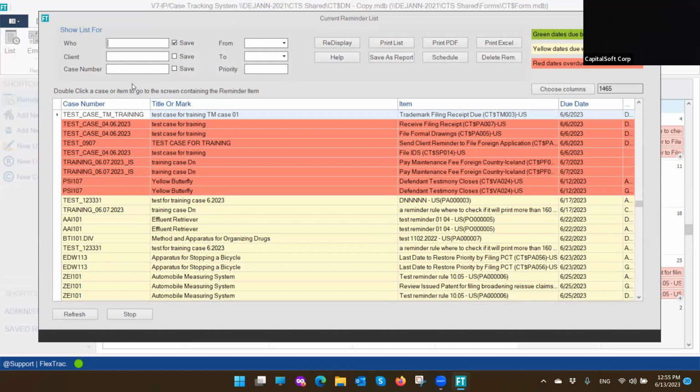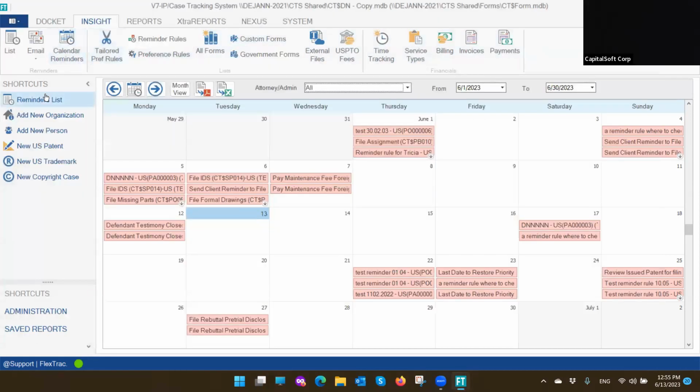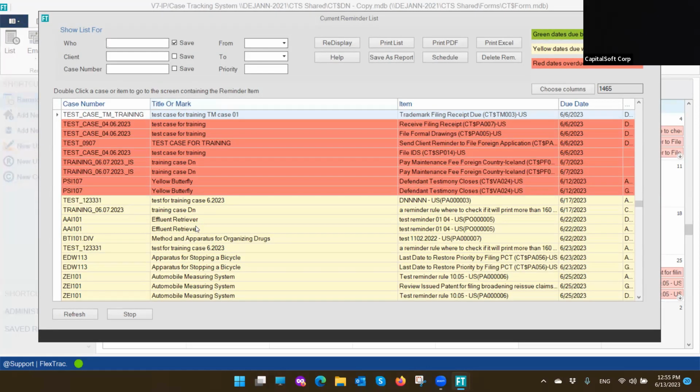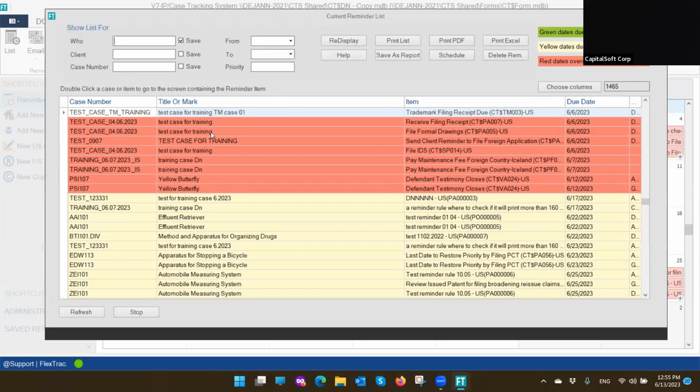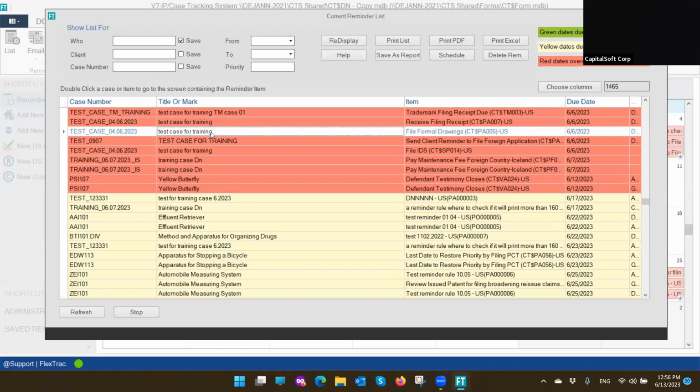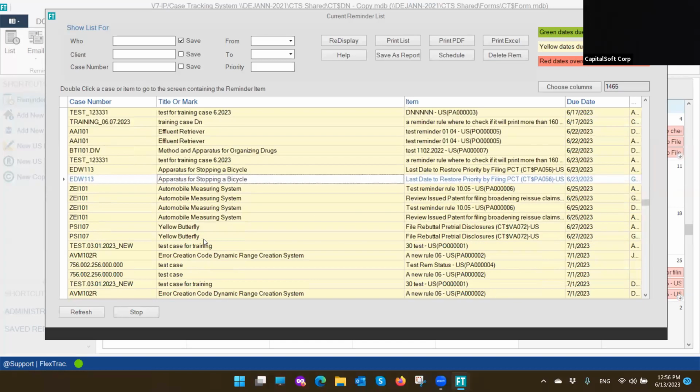You can see it if it's not disabled from the user screen when you try to log into CTS, it will pop up. Or if you go to shortcuts from CTS, select reminder list, it will pop up this way. As we saw from the Outlook calendar, double click and you can access them. It's basically the same that you can access from the current reminder list. If you just select the reminder and double click, it will go to that case,